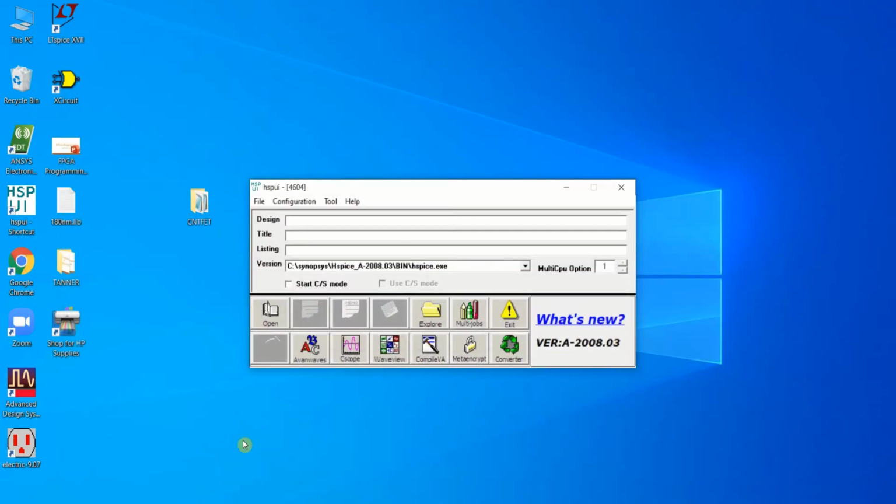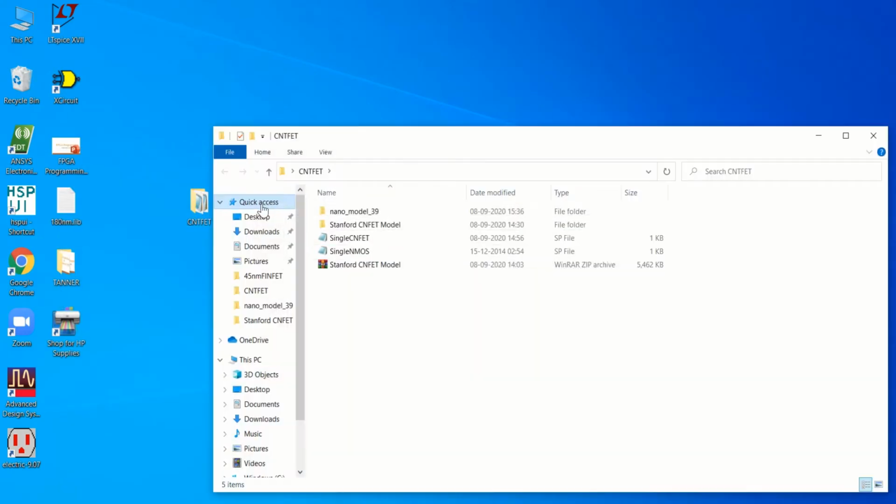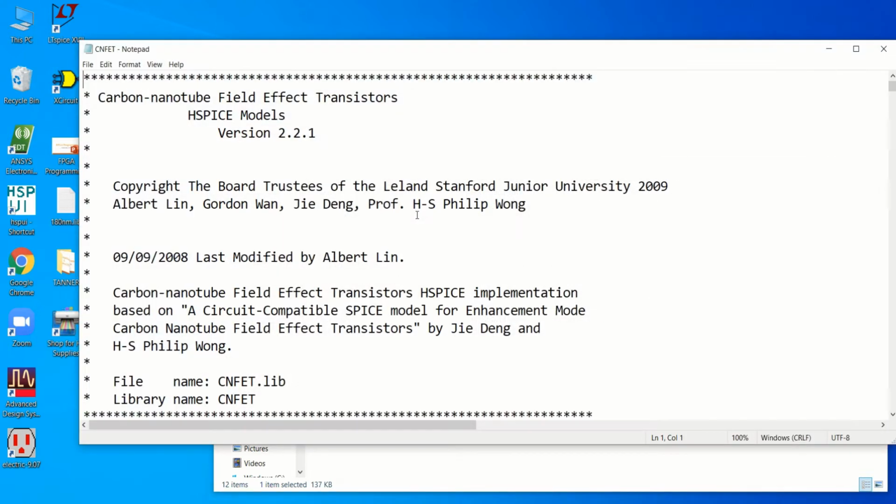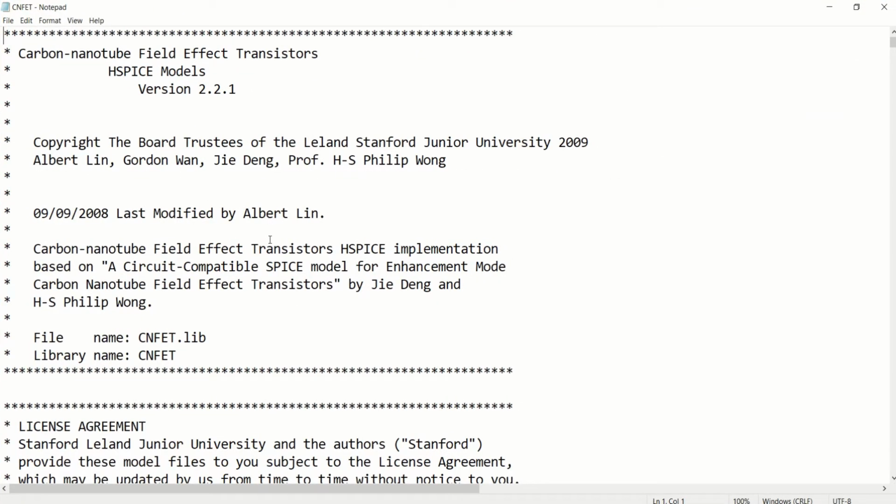So I have downloaded it and kept it in a folder named CNT FET, in the nano model with level 39. These two files, cntfet.lib and parameters.lib, are called the library files. I'll open this CNT library file.